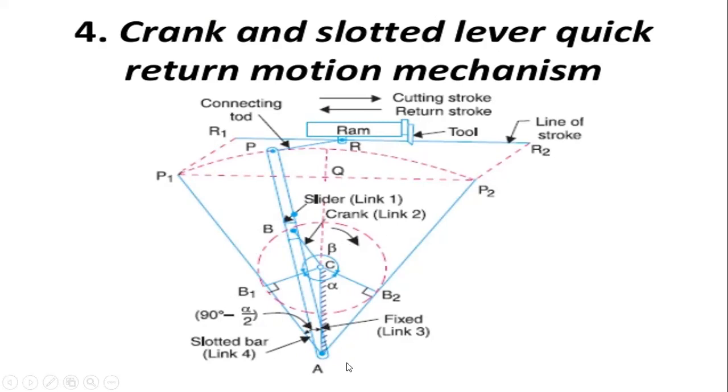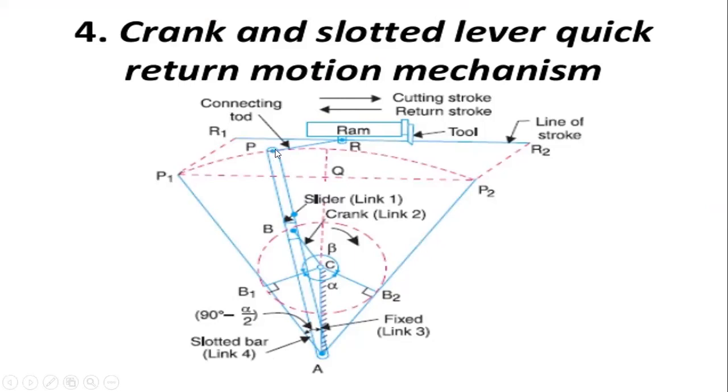These are the two fixed beams and this crank is in between them, and the slotted lever is fixed at point B, and P is the initial position of the slotted bar from the two ends,